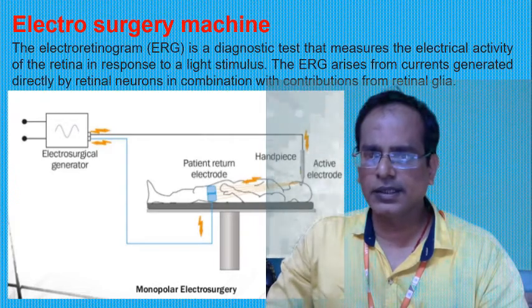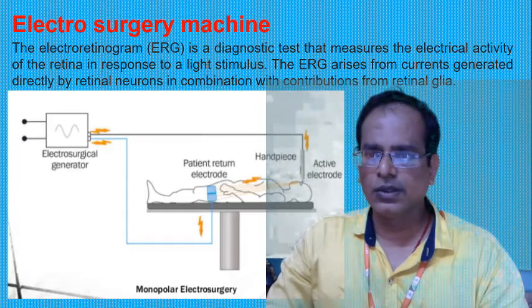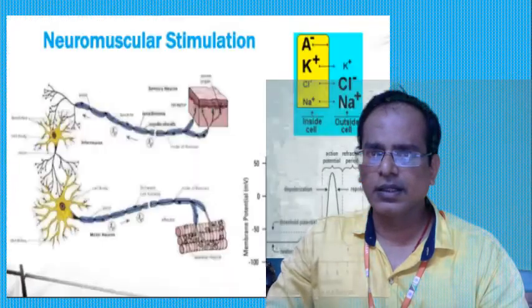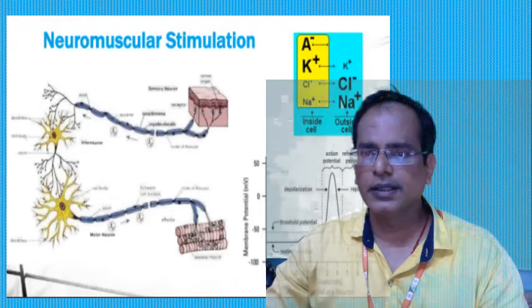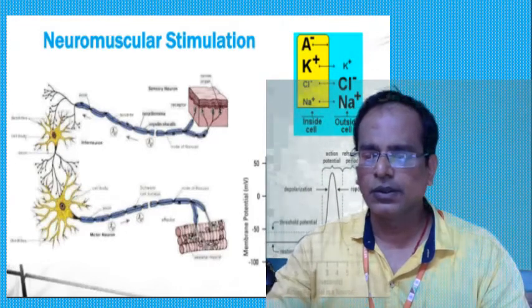So what is the electrosurgery machine? It is a surgery machine which is used for cutting and coagulation in order to perform a surgical process. That is the main purpose of this device. The device has many types. It provides cutting mode operation, blending mode operation, and coagulation mode operation. Three kinds of modes of operation can be performed with the help of this device.